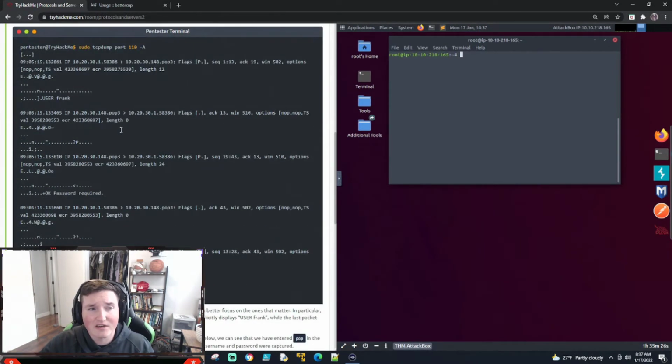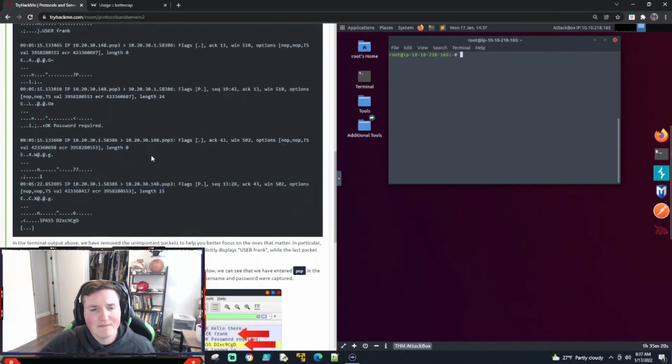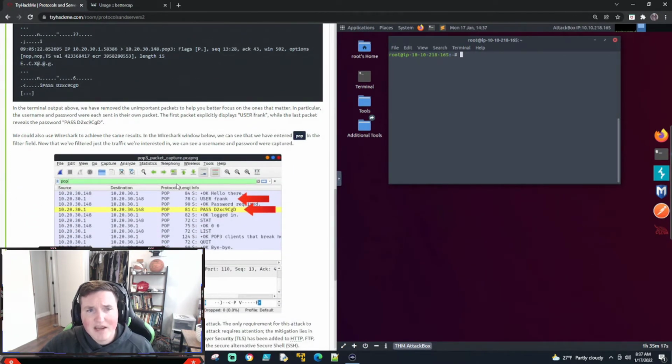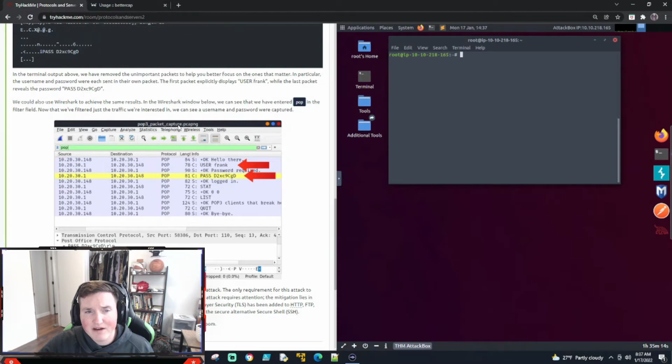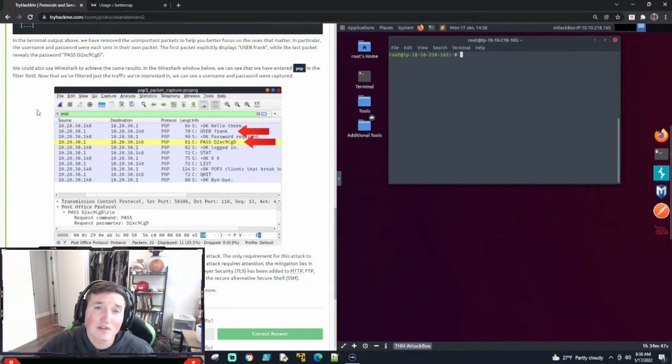Now you can watch it, and if it's slow enough, you might be able to catch it. My guess is it's going to go by too fast, but keep that in mind. This is Wireshark if you guys haven't seen it, and you can see they're actually opening a PCAP file rather than watching live traffic in this instance, and they're searching for it. So this is where it's really important. You notice up here in the search bar it says POP, so they're searching for the POP3 protocol. Now, you could search for pass and then just wait till you get the pass and see it, right? You'd have to search for user and pass to get both together, but it's important to know that Wireshark is a tool that's very easy to filter out different things, right?